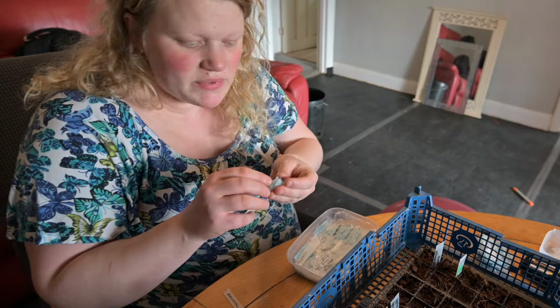Okay, so this is the Azoika tomato. It has a red bronze skin, and